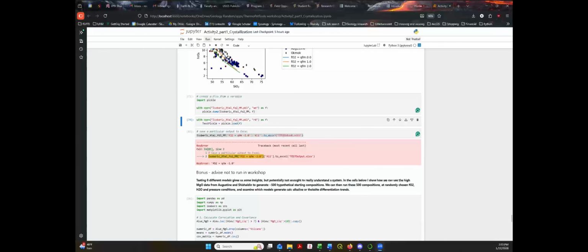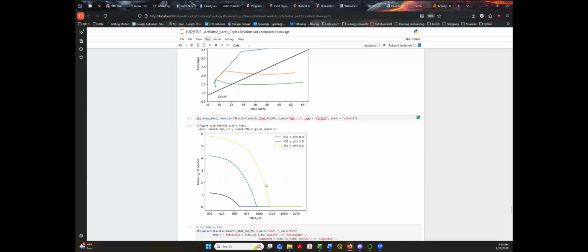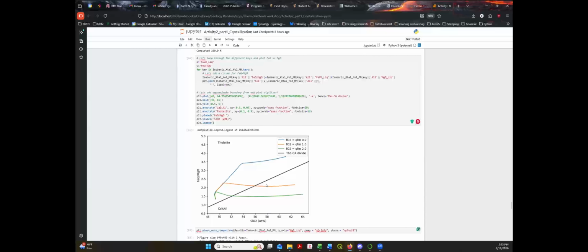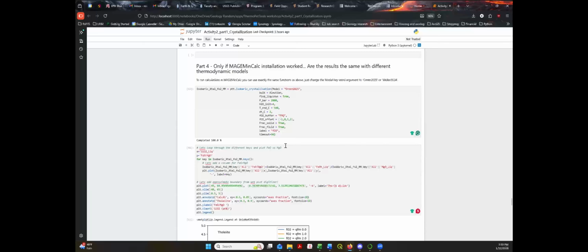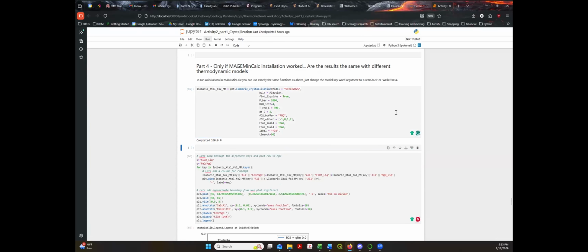Because I think what might be happening here is, yeah, I think your FMQ -1 maybe didn't run to completion, because you only have 3 lines being shown there. So if you scroll up to where you ran the calculation, yes, although it says completed 100%, if you make a new cell and then do isobaric crystal FO2 mm.keys. So if you type in the name of that variable .keys,